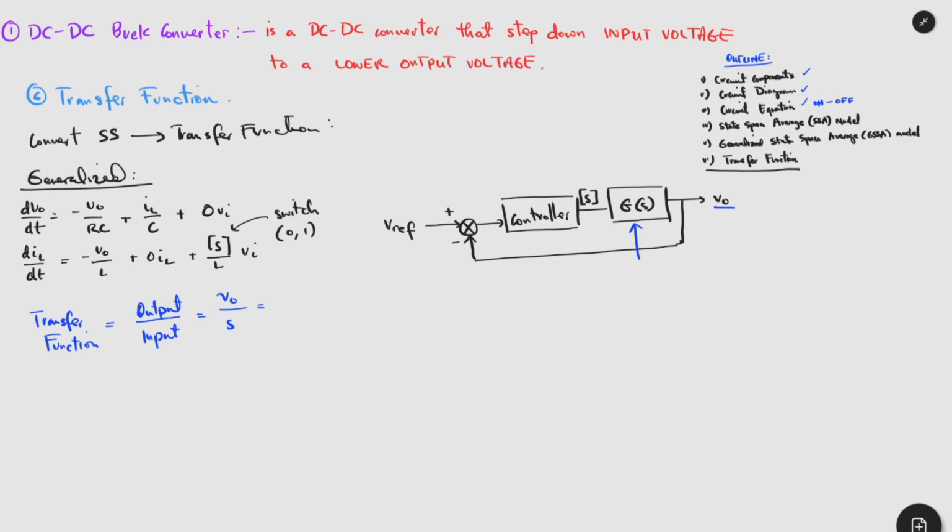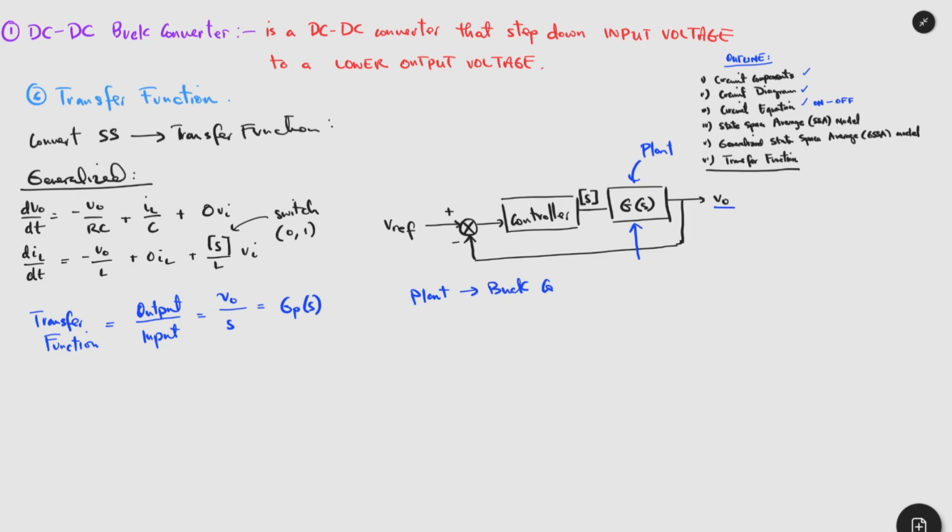And now we have G of S, which can be regarded as our plant model, where we have the control, which is the switch, and because this plant is nothing but a